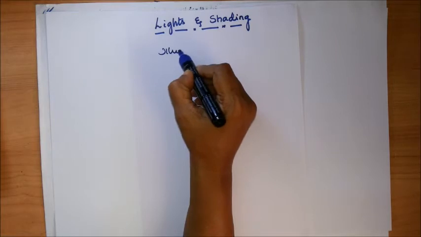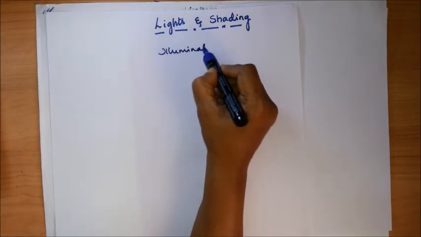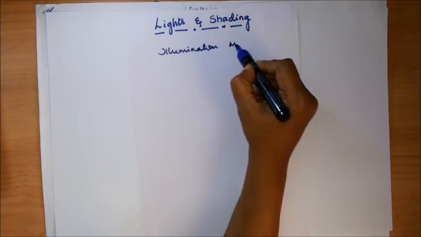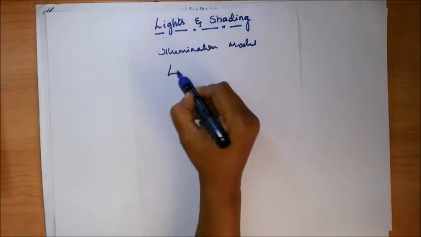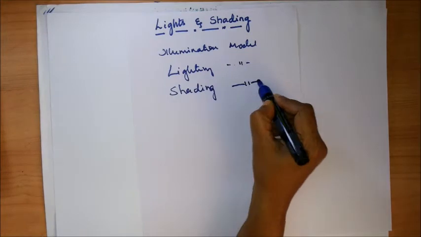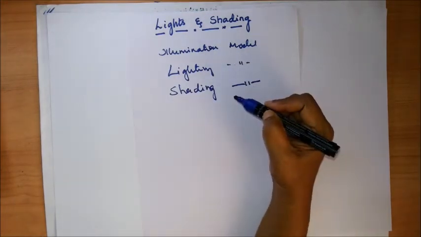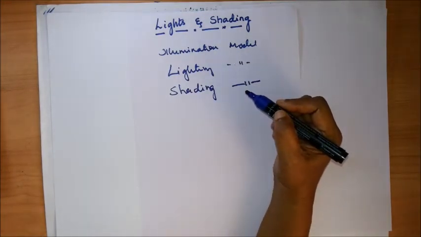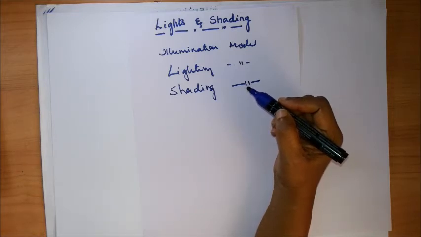Some refer to it as the illumination model and some refer to it as the lighting model, and in some books you will find it as the shading model. They are all related to each other, and how you see an object is the effect of physics and psychology. So let's